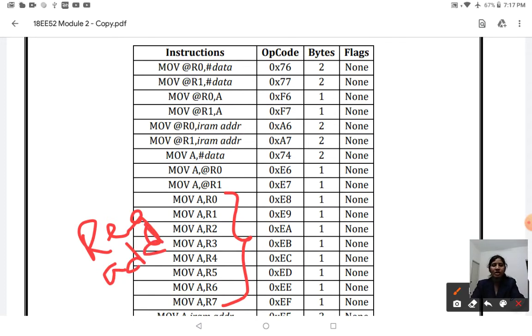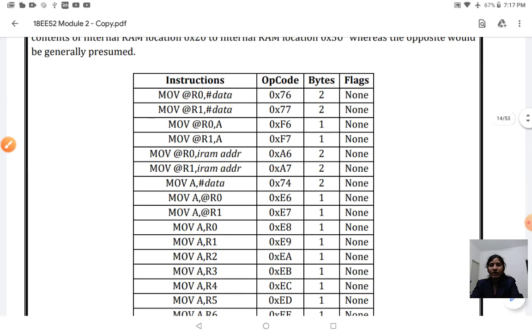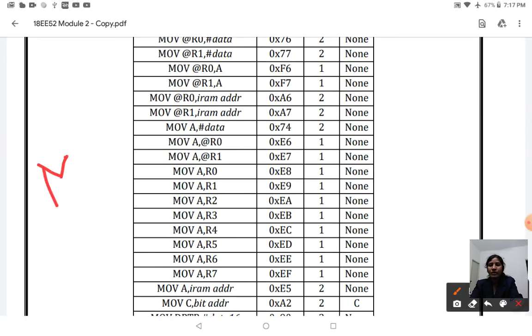Either you can use like this or like this also, MOV A, R1. If you use this particular instruction, the content of R1 is moved to accumulator as its content. It is the representation for this particular instruction. One more example we can take. It is MOV R1, accumulator. For this particular instruction, your content of accumulator is moved as content to